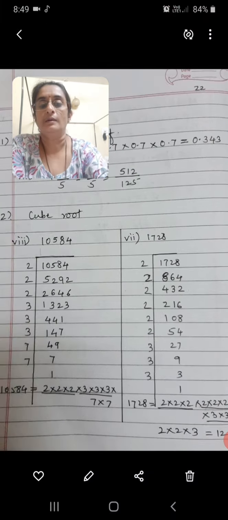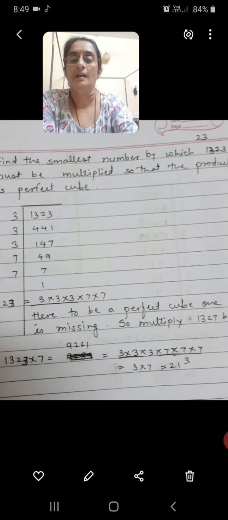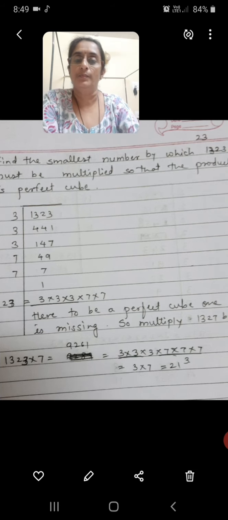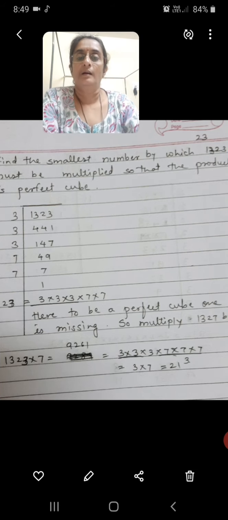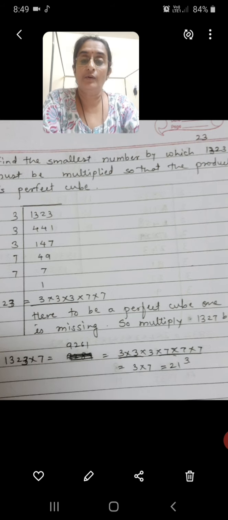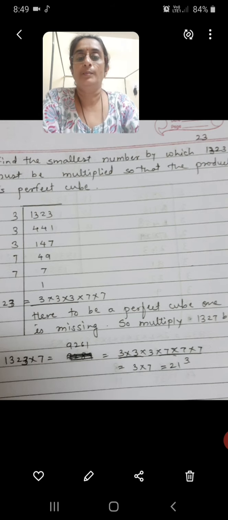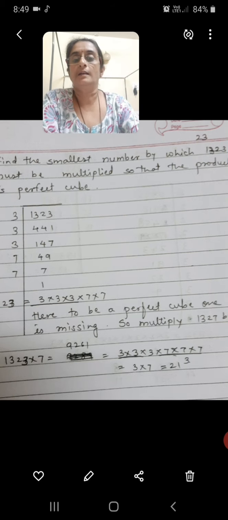Let us go to the next question. Here the given number is not a perfect cube. Some number is missing there. How did we do it with square numbers? To find out which number we have to multiply to make it a perfect square, or which number we have to divide to make it a perfect square. The same way here we are going to do. To make a perfect cube, we have to multiply. One number is missing, we have to find it and multiply with that. So the given number is